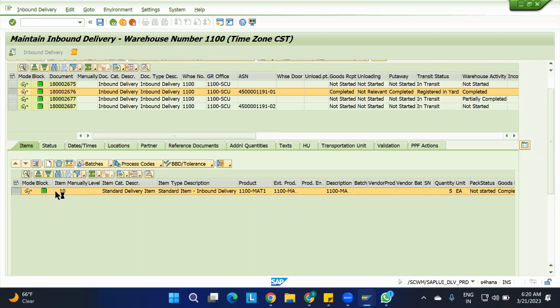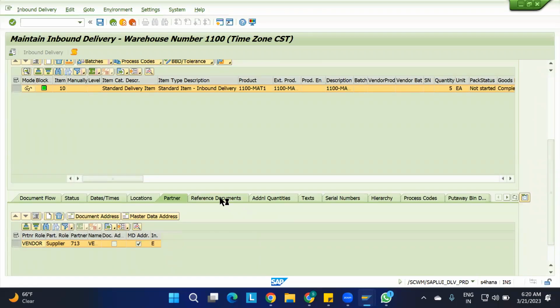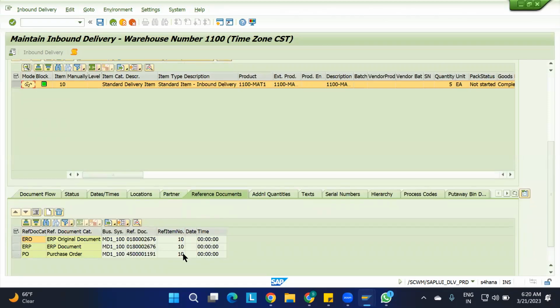So just double click on this line item. At the downside, you will see the reference documents. Just click on the reference documents, and you will find your PO number here. This is the purchase order number which is available over here, and this is the inbound delivery number. Why have they provided the inbound delivery number? Because